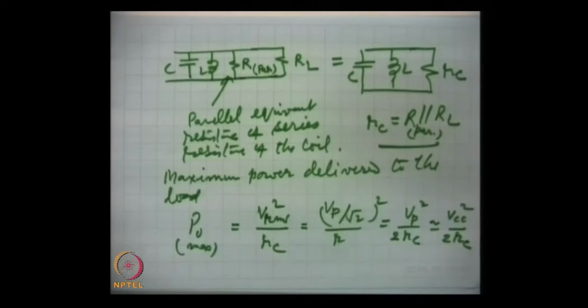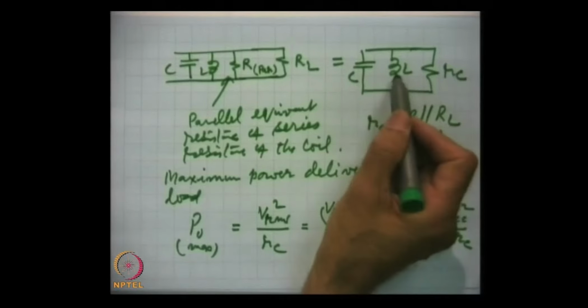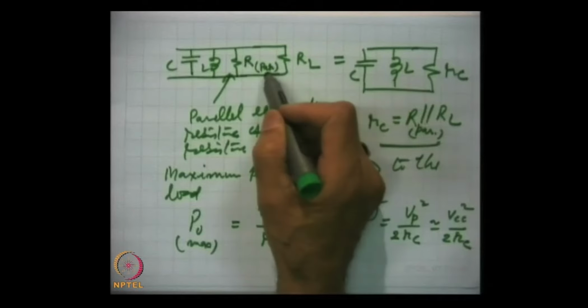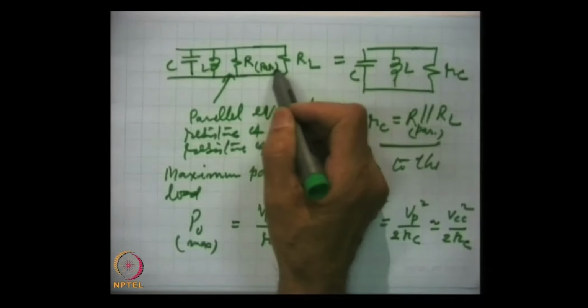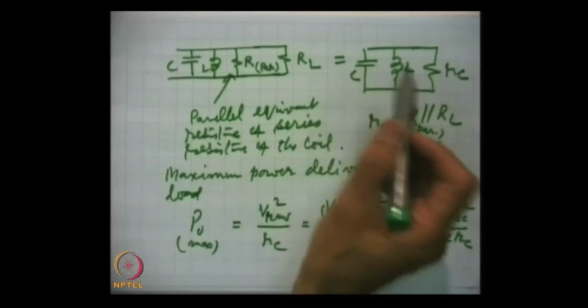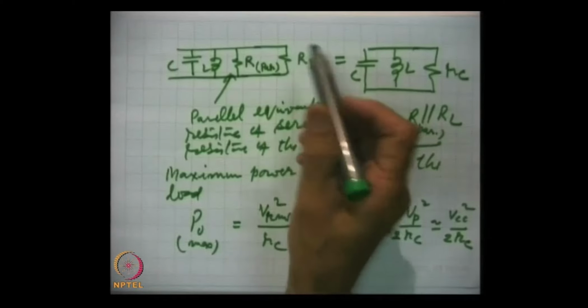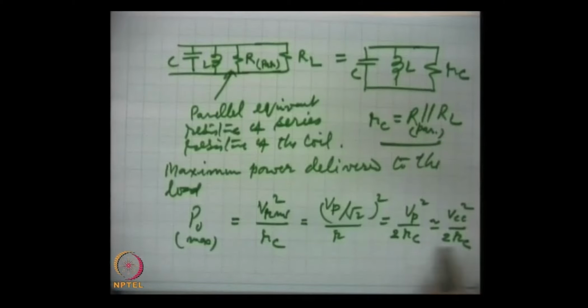It is very high power actually, because this resistance will be quite low. The parallel equivalent resistance is a very small resistance as compared to any other resistance. So, this power will be quite high. This is the AC power